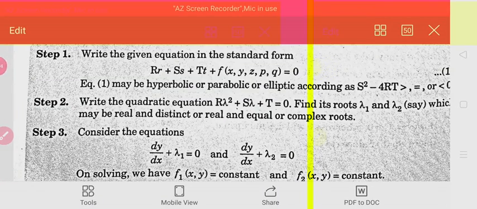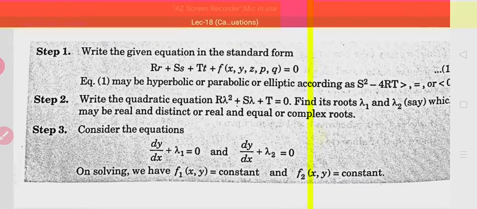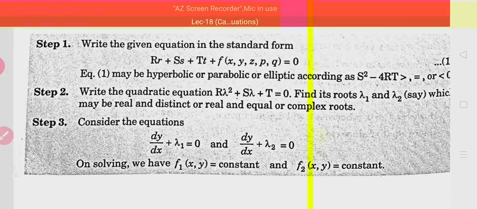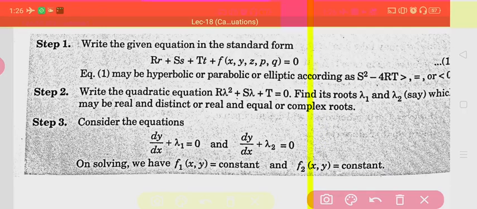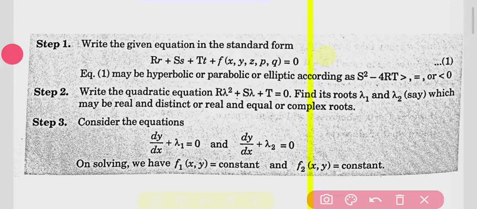In the last video lecture we talked about the canonical form of the second order partial differential equation. So let me recall the steps again. First of all, you write down the PDE into the standard form, that will be Rr plus Ss plus Tt plus a function of x, y, z, p, q equal to 0. That means these are the second order partial derivatives, the remaining you have to write down as a